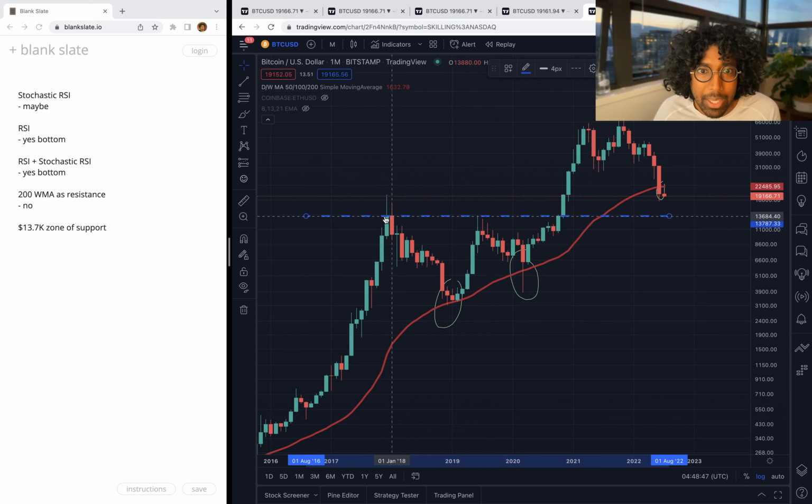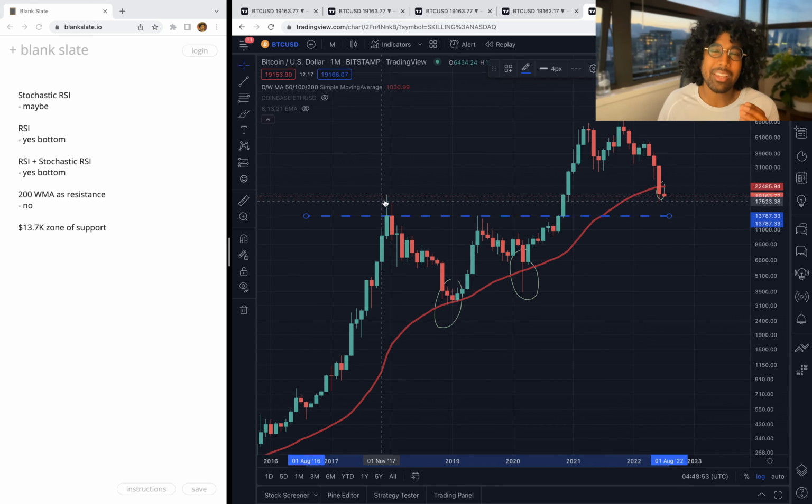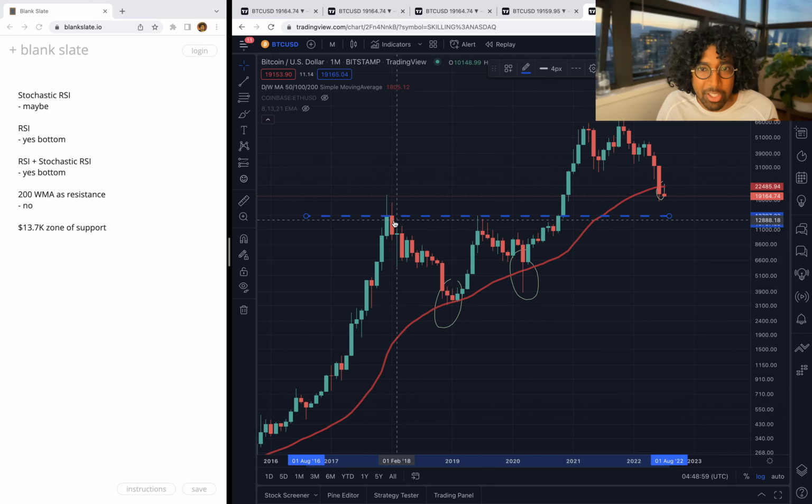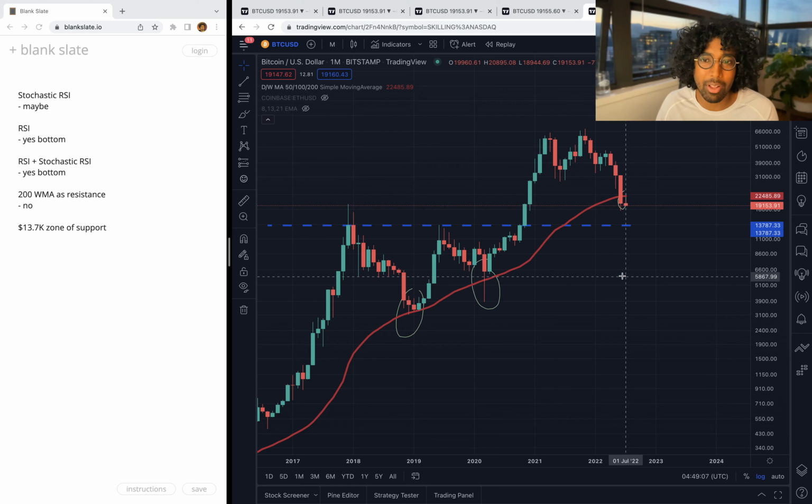You see the big candle bodies. There's a difference between candle bodies and the wicks. The wicks are considered very light support or resistance, but the candle bodies are stronger. Here we have the candle body, we have some wicks, and we have another candle body here. This is the next place that I expect Bitcoin to fall to, if all else fails.